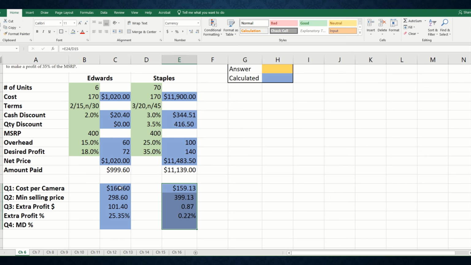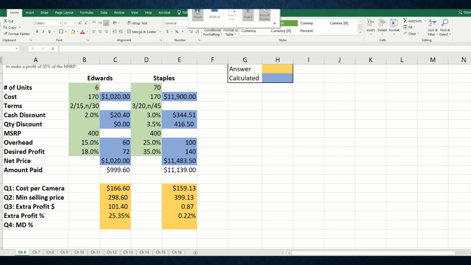And actually, maybe they're going to be answers. So I'm going to change those because they are calculated fields, but they're also our answers. So I made that orange, right? Something like that. And I'll make that orange too. So those are our answers that we came up with, and we've calculated them up there. Okay? So let's figure out what our markdown percent is. So for this question here, when we talk about the rate of markdown from MSRP,